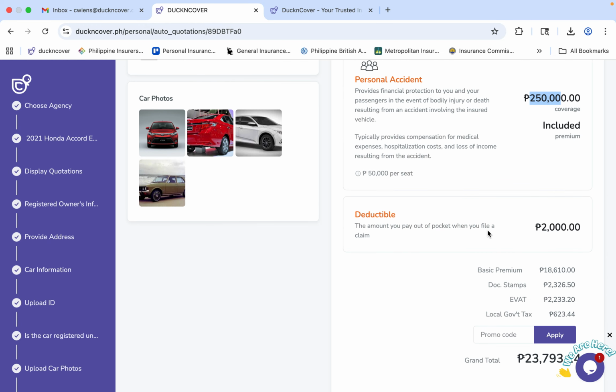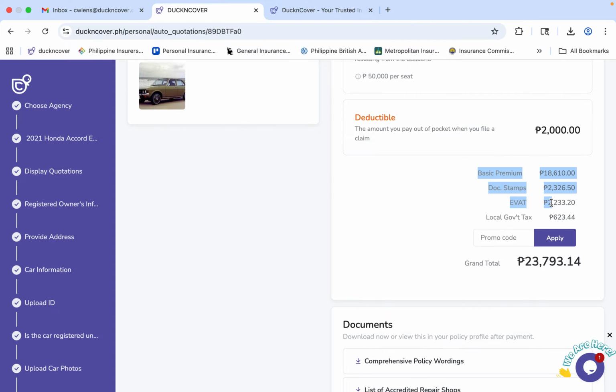The deductible is to make sure that the client is not turning in really small claims. So for example, they have an accident, they have a claim for 50,000 pesos. The insurance company is going to send them a check for 48,000 pesos because they're deducting the 2,000 peso deductible. And here we'll see the premium breakdown,